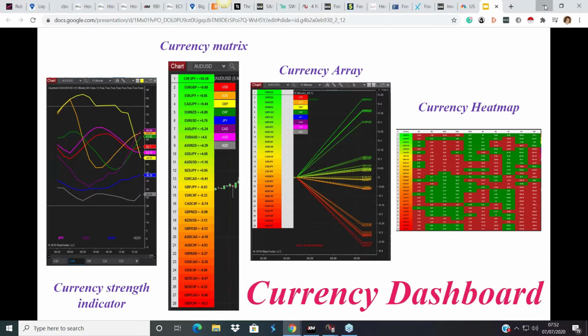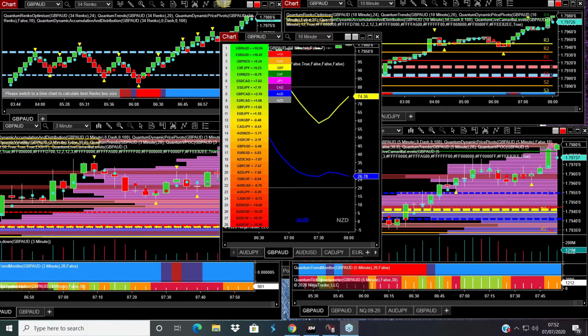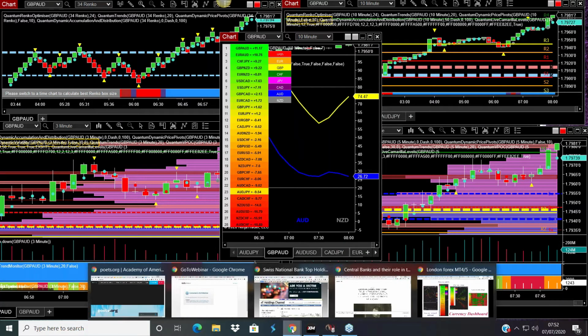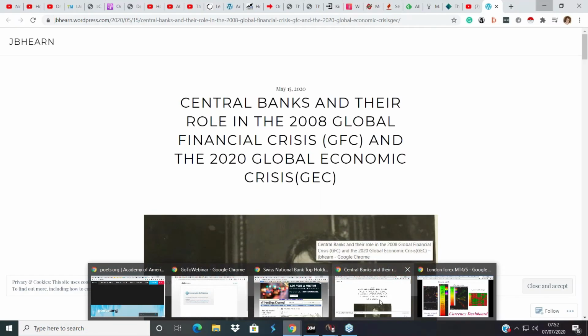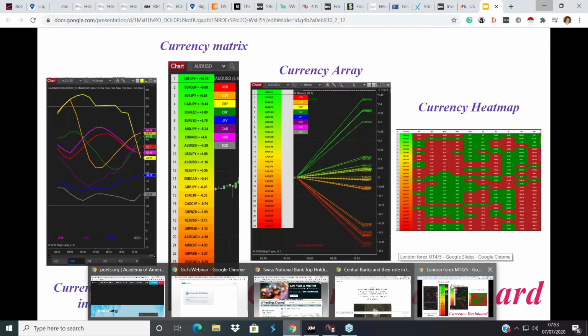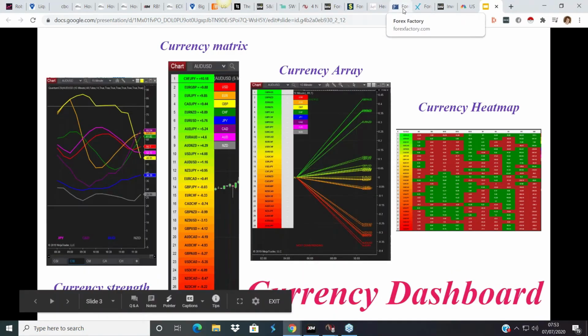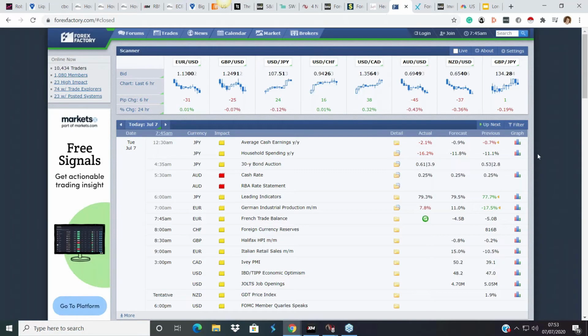Right, very quickly, I've got NinjaTrader up, but before we go to my Ninja platform, let me just quickly go back and have a look at what has happened. The main event that has already occurred is obviously the cash rate decision and the statement from the RBA, but